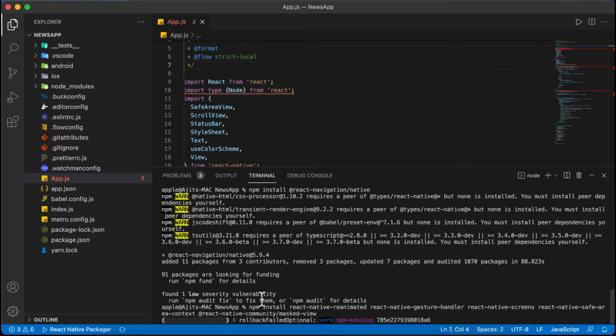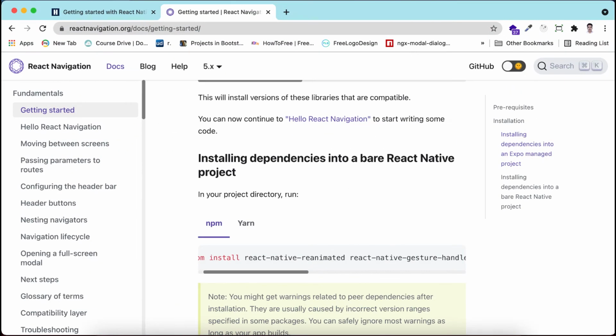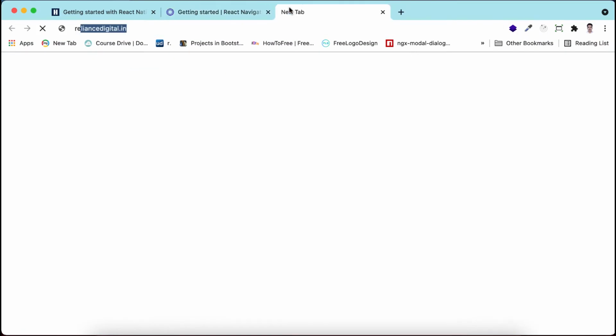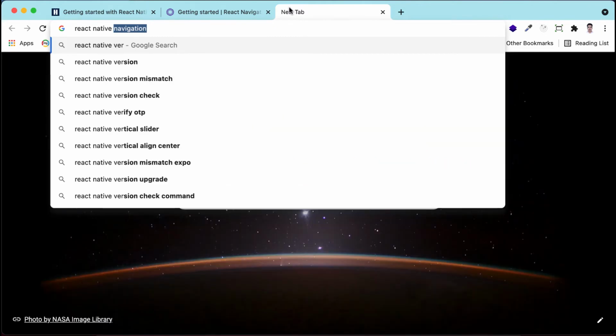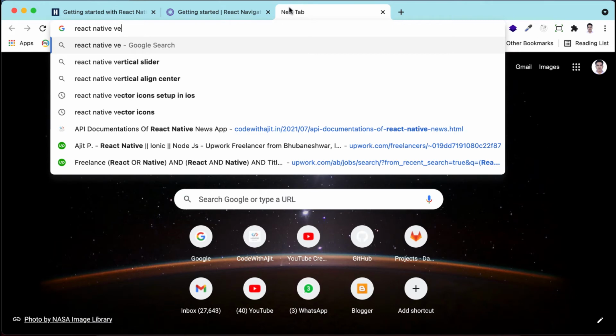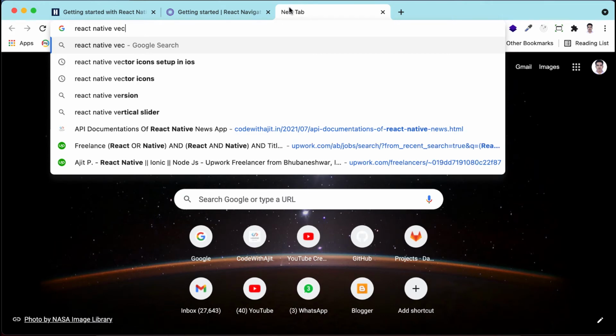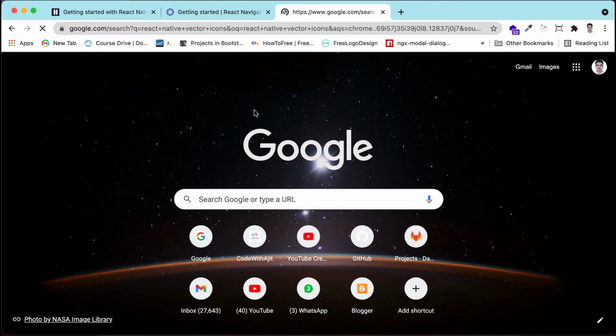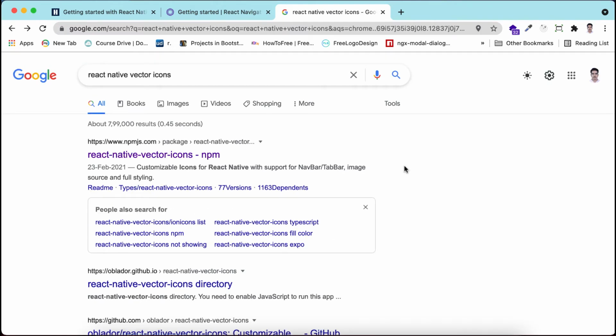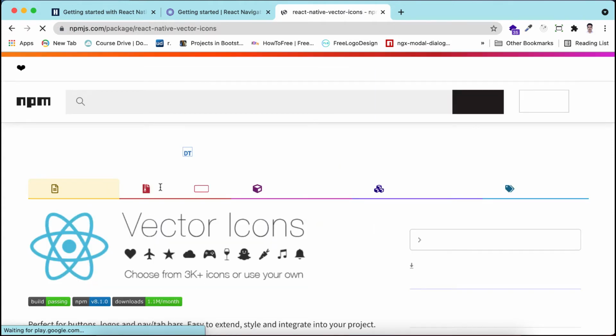Then after that we will install the React Native stack. So let's see the package React Native Vector Icons, that we will install after this navigation. So let's open the npm page.